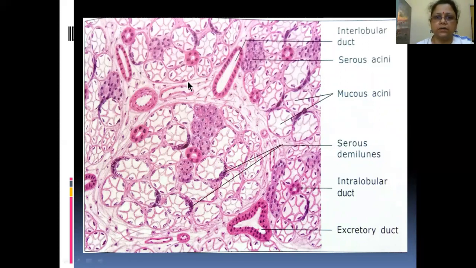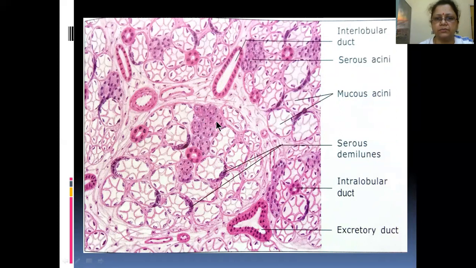So this is the connective tissue area. In the connective tissue area you can see the capillary, you can see an arteriole, and this is a duct with cuboidal epithelium. This is another duct. Within the lobule, these are the small ducts, intercalated ducts. And here this dark area, which is more purplish, is the serous acini. And this round one, look at the lumen. This is a huge lumen comparatively, isn't it? Compared to the previous. Can you see the lumen in the serous? Very small.